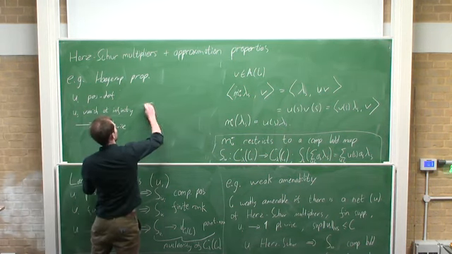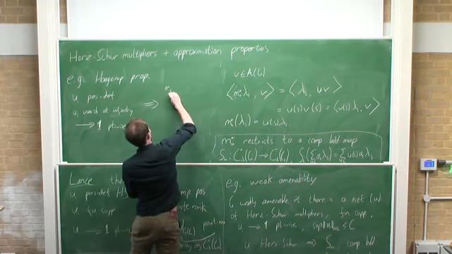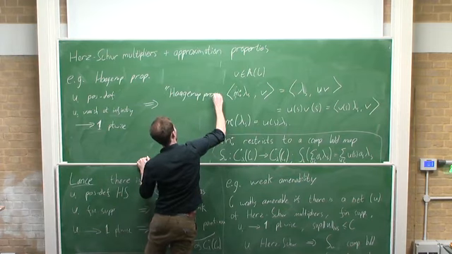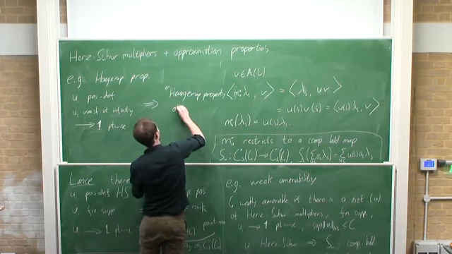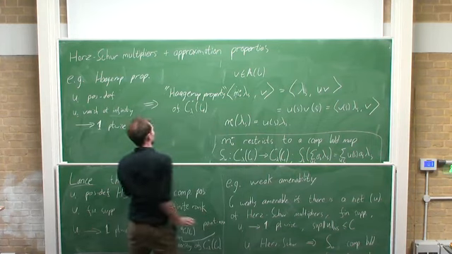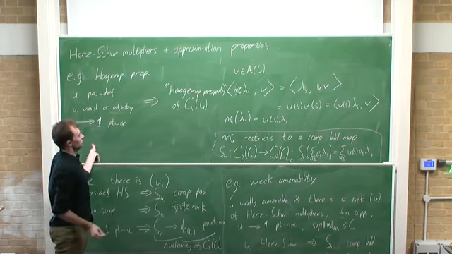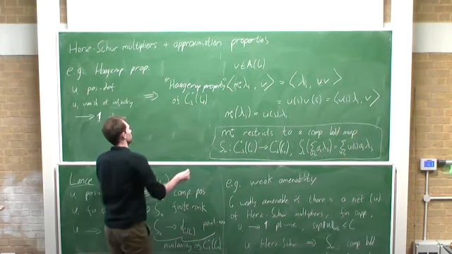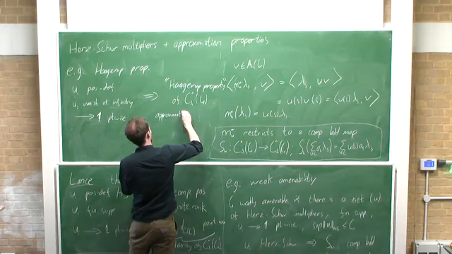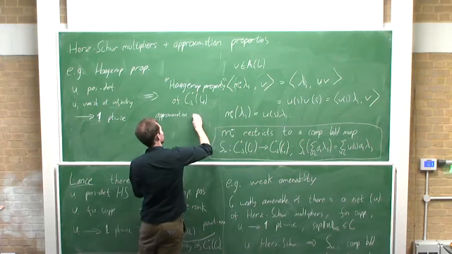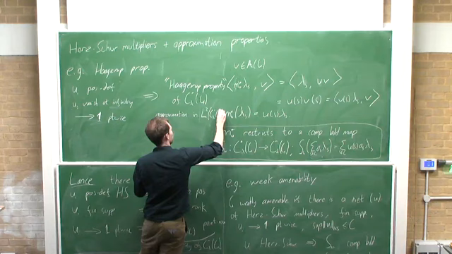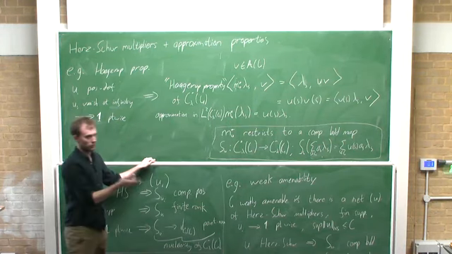And what you get is the rather unimaginably named Haagerup property of C star lambda of G. I won't tell you exactly what it means, but it involves approximation in L2 of